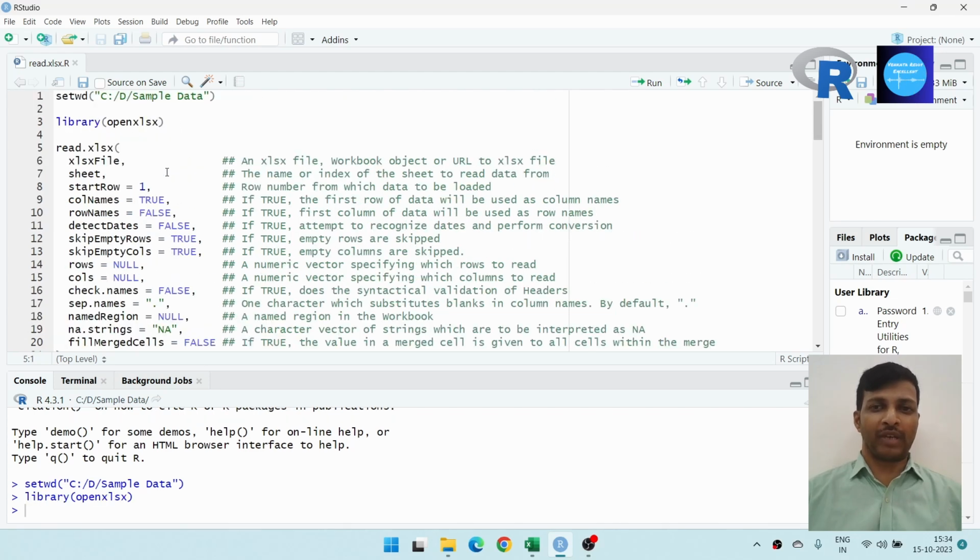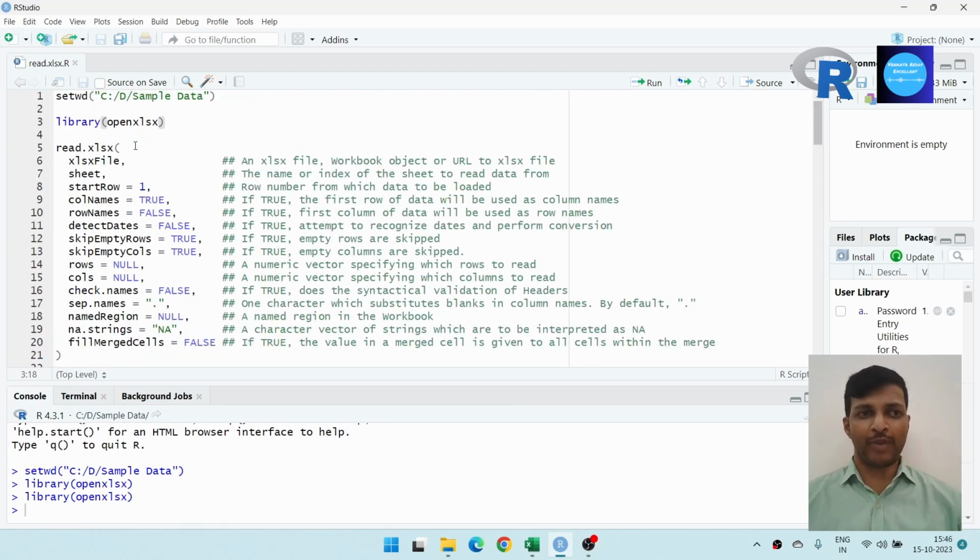To import data from an Excel file into R, we will be using the read.xlsx function from the openxlsx library. The syntax is like this: read.xlsx, in brackets, we have to give the file path, sheet name or sheet number or index number, the starting row from which data is available in the particular sheet, whether the first row is containing headers or not, whether the first column is containing row names or not, whether to detect the dates from the Excel file, whether to import empty rows or empty columns or not,